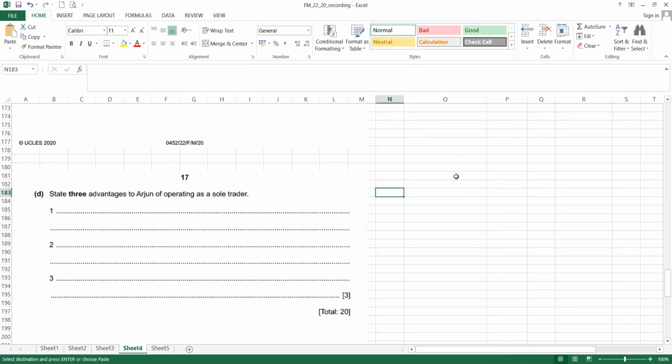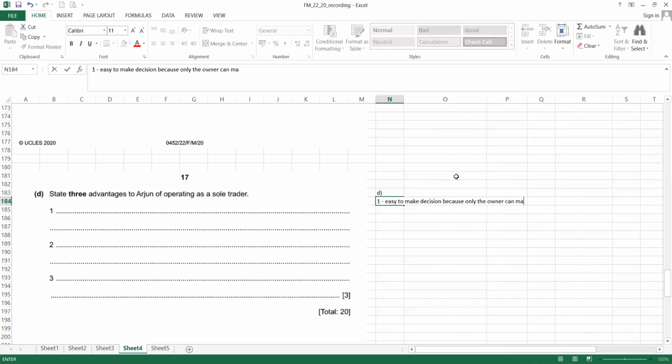Here that D, they ask to state the 3 advantages. Okay, what is the benefit of being a sole trader? Number 1, easier to make decisions because everything is by the owner, because only the owner can make decisions faster. Okay. Second is that in terms of setup, easier to set up the business. You just need to register your business, then you can start to do the business. Okay. Number 3,